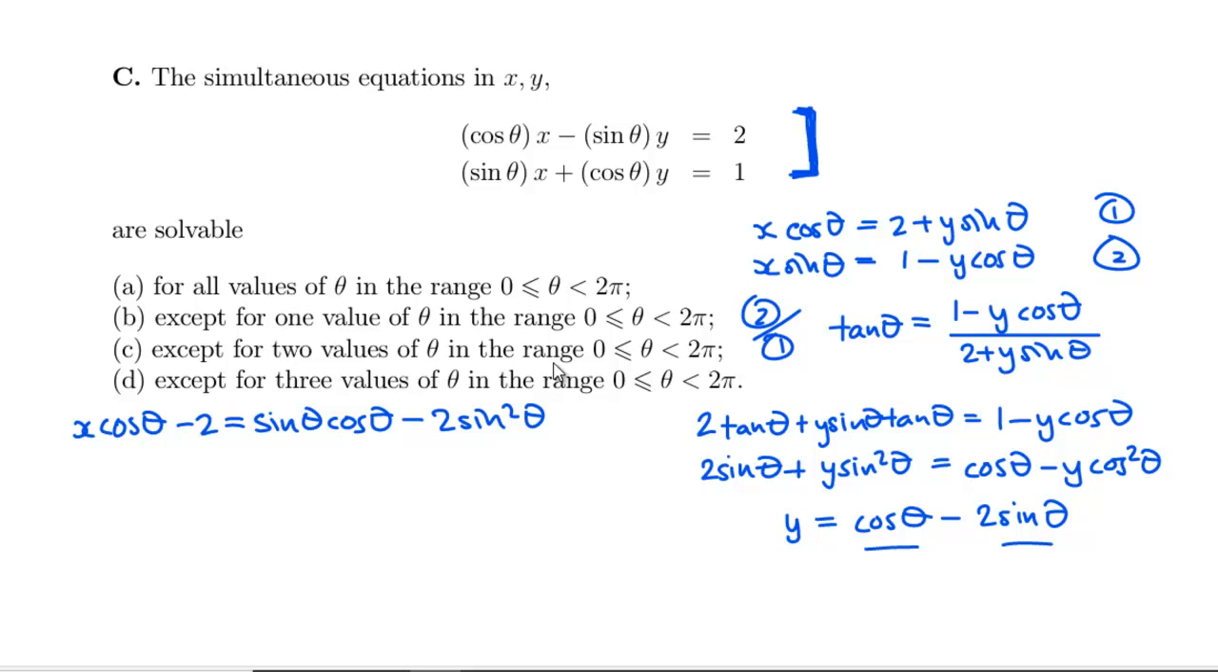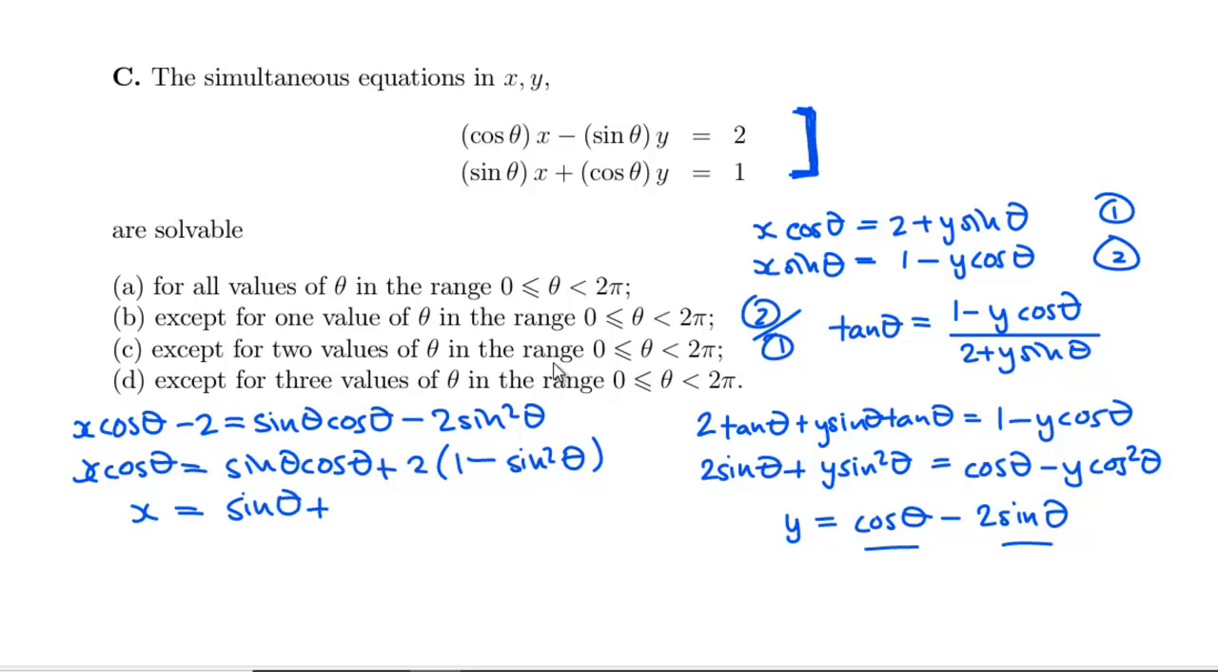So we can divide by a cos. Well, actually, let's change the sine bit. I'm going to say x cos theta. Let's change the sine squared. So we've got sine theta cos theta, plus 2 times 1 minus sine squared theta. So that's our cos squared that we've got there. Divide through by cos, which means we get x is equal to sine theta plus 2 cos theta,